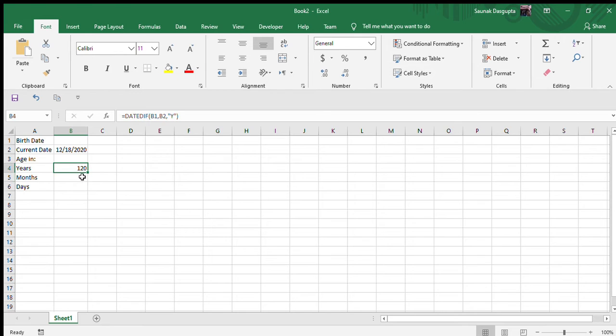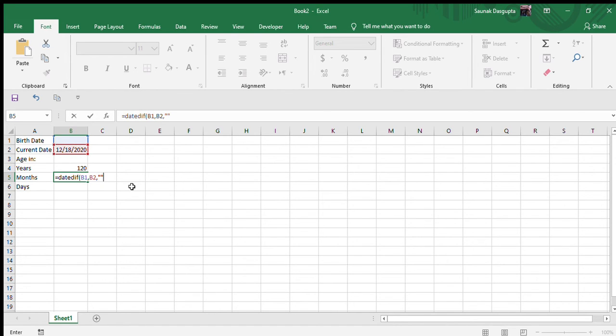It has come 120. In the months cell you will write equals DATEDIF, and then a bracket, and select this, comma, this, comma, and quotes. Inside the quotes, if you want how many years you have lived, it will show 120, because I have not given the birth date.